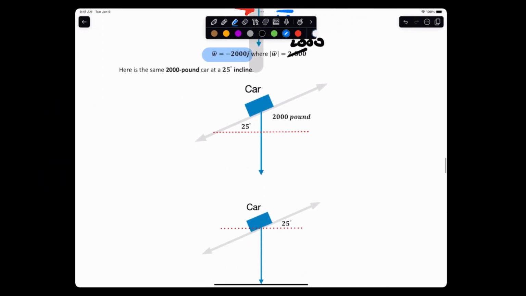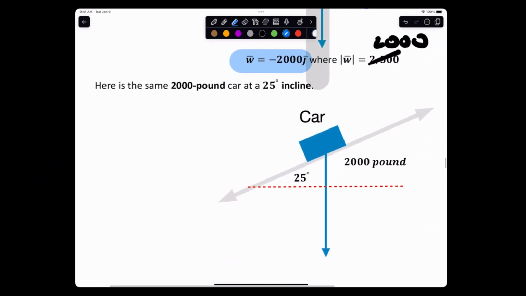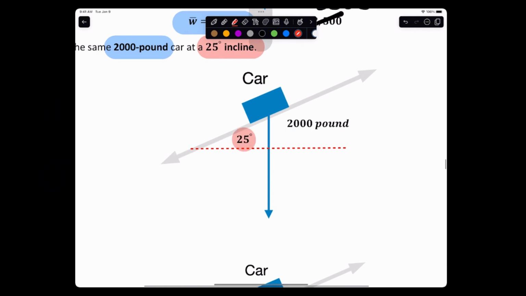Okay, now you say, well, why do we have a picture here of an incline? And you go, well, cars don't always park on horizontal ground. Have you ever seen a car park on a hill? Yeah. So what happens if you take that same 2,000-pound car and now it's on an incline of 25 degrees. So you got this incline now, 25 degrees here. This 2,000-pound car, remember,